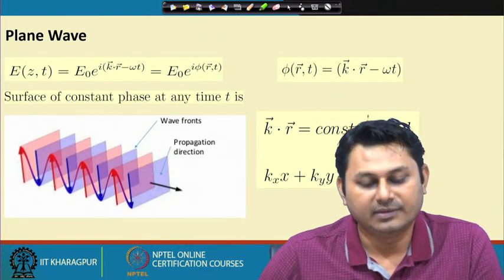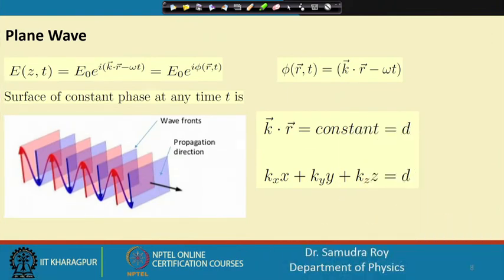Okay. So, this is a very important slide where we would like to learn about the plane: what is the meaning of plane, where this plane is coming from, and why we are calling this a plane wave. So, we know that E(z, t) with phase k z minus omega t is a solution. I can also write it in 3 dimensions, and here I wrote z, which is wrong; in general it should be the vector r, because the right hand side is a function of r.